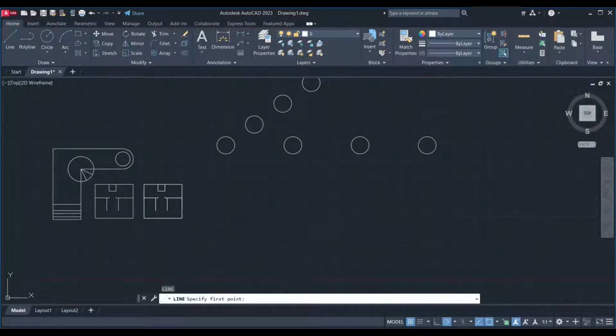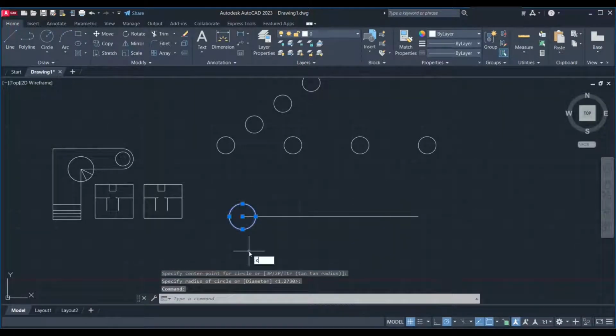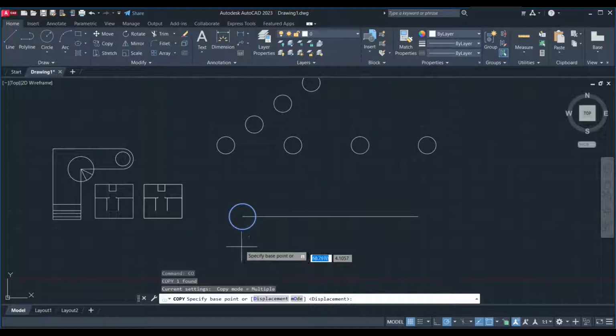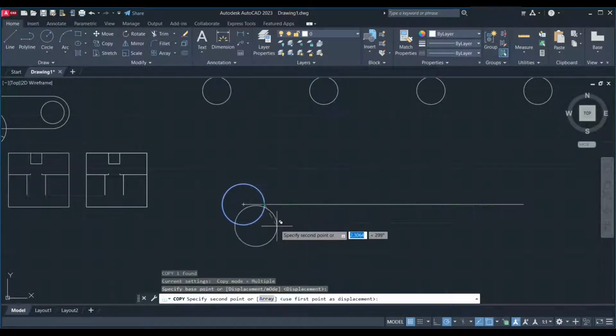Now let me draw a line. There is one more point. I draw a circle, select it, copy. Now I must specify a base point. Guys, this time I need this point to be pasted here. Therefore, it is important to specify this point as the base point, not other points. I click on this point, type A, enter,